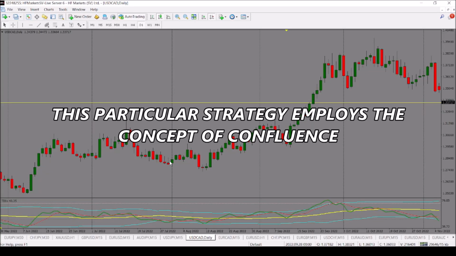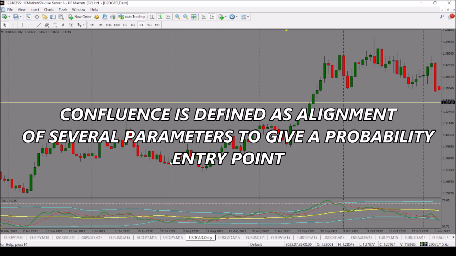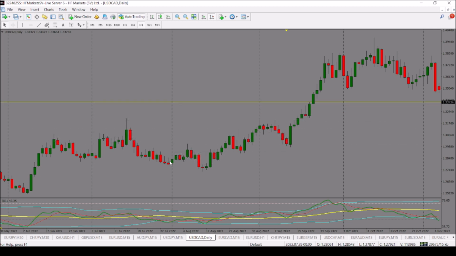This particular strategy employs the concept of confluence. Confluence is defined as alignment of several parameters to give a high probability entry point. The confluence we are talking about will require us to have our daily time frame as our primary source of bias. In this particular case, I have the TDI on the bottom part and the market patterns in the upper